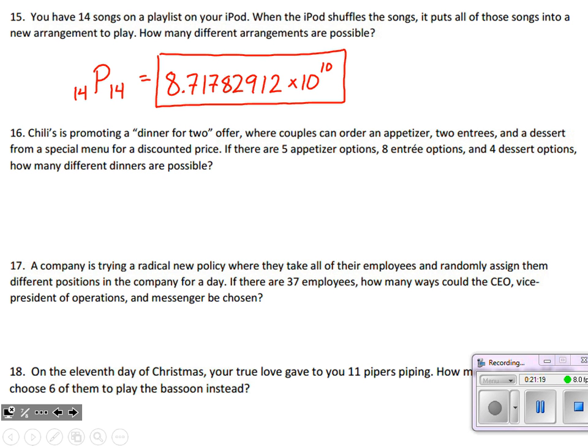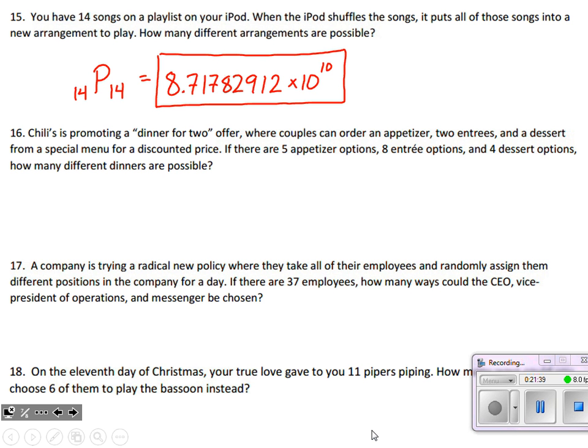Don't you worry, on the test you will not have any answers that show up this way. It's possible when we're finding these number of ways. There are huge numbers of ways for arrangement problems to occur. So don't worry, the calculator will not give you scientific notation on the test.